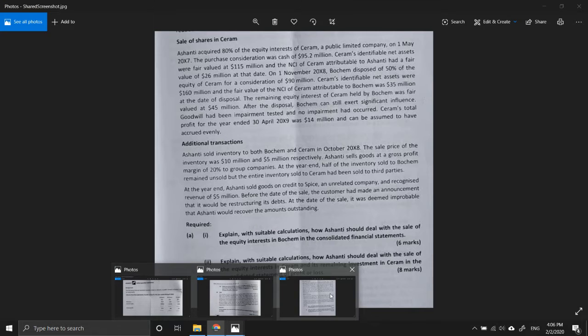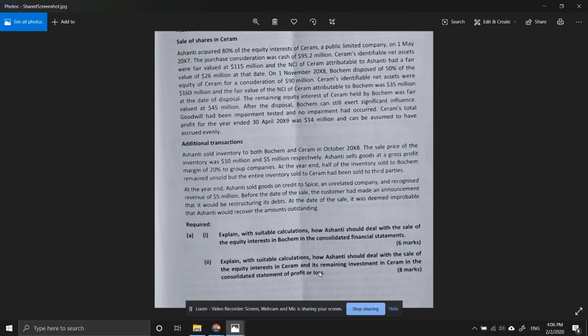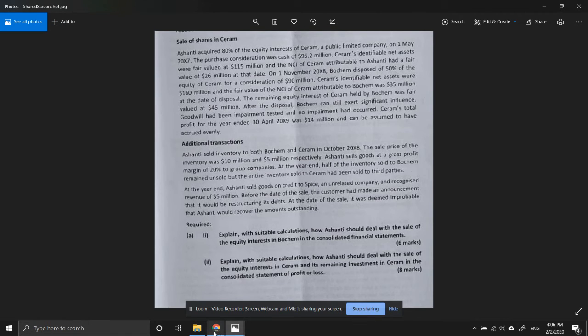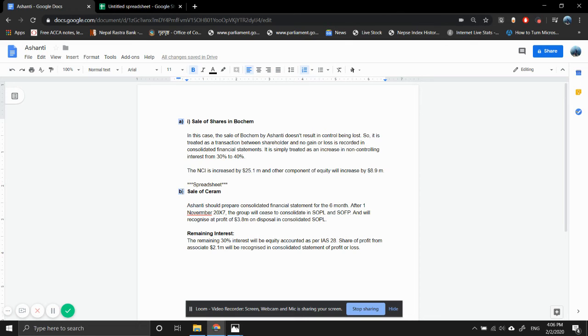Anything else? In SOPL, okay, it's not talking about that. SOP, it's not talking about that. Right? So once that's done, so 2 is also done. So this is not B. Okay, and then